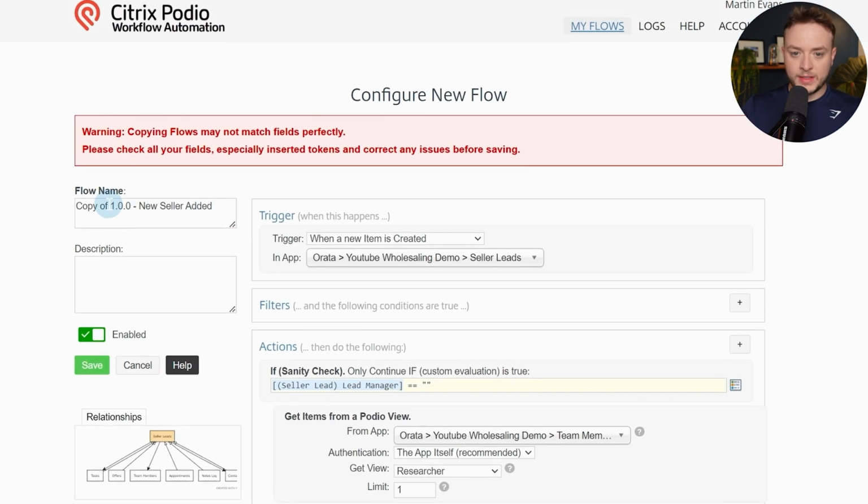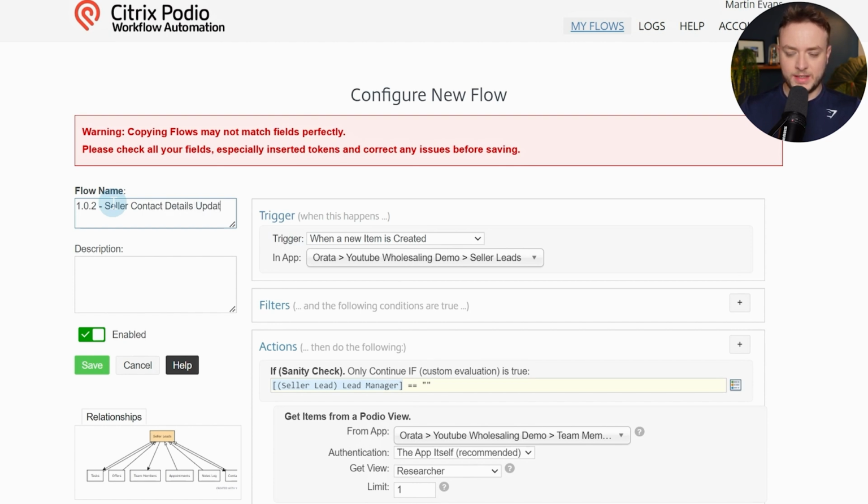With this one, we're just going to update our contacts if contact details have updated. So if we change a name or a phone, we want to update the contacts we've created in the contact book. So we'll call this 1.0.2, and it'll be seller contact